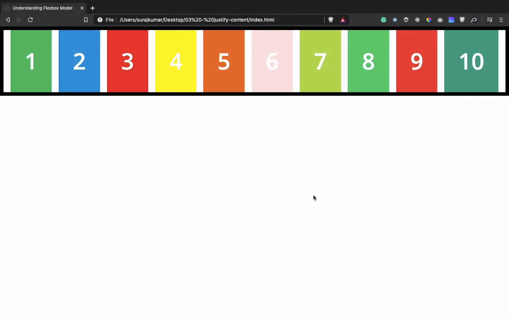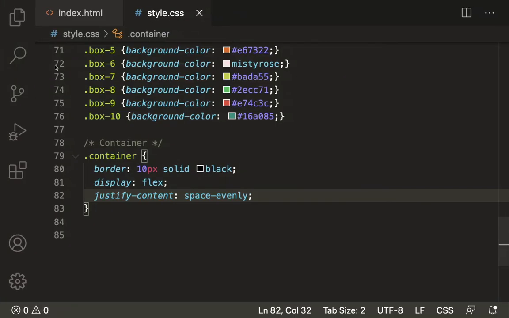Alright, now you can see that we have equal space on the left side from the container as well as on the right side between the items. Similarly here also, here also. For the last item also from the right side, that means from the container, same space as well as here also same space. This time the extra space will be distributed in such a way that the item will get space from the edge of the container equally as well as between the items also equally. Alright, these are the different values for the justify content property. We have seen flex start, flex end, center, space between, space around and space evenly.